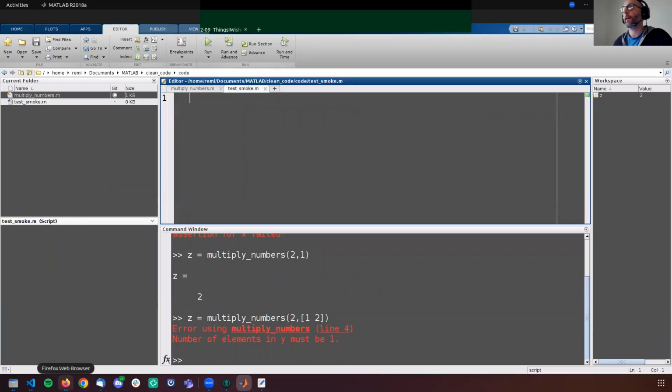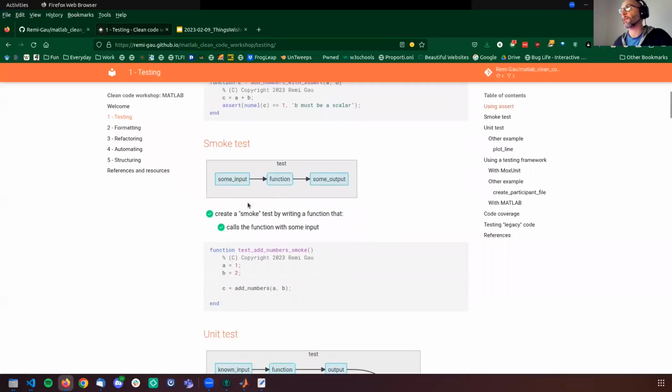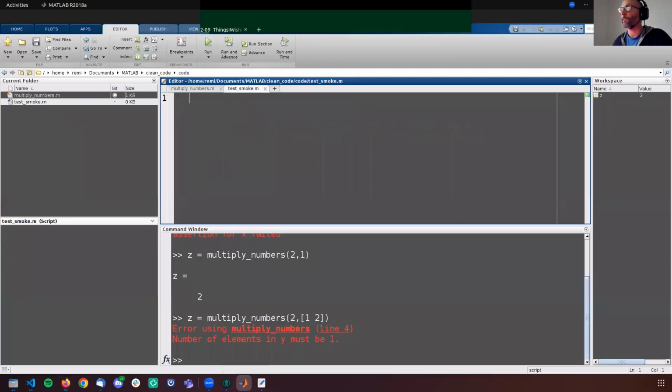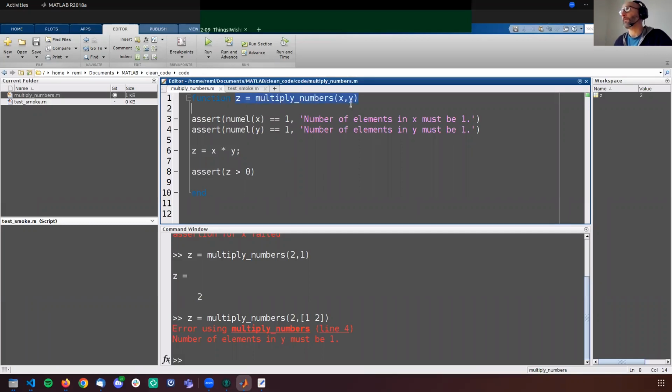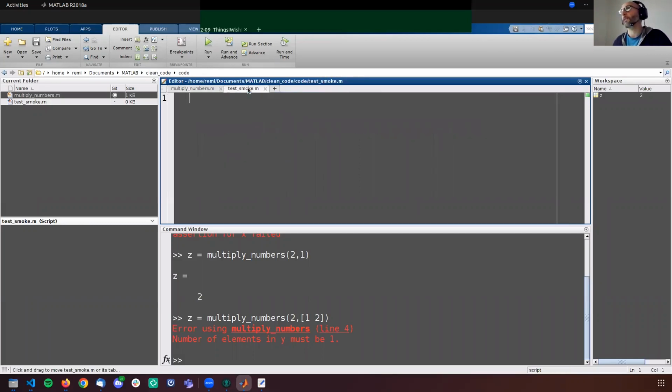The way a smoke test works is it basically just makes sure the function runs at all. So you give it some input and you run the function to make sure it doesn't crash. The most simple smoke test would be, for example, what we had done before.